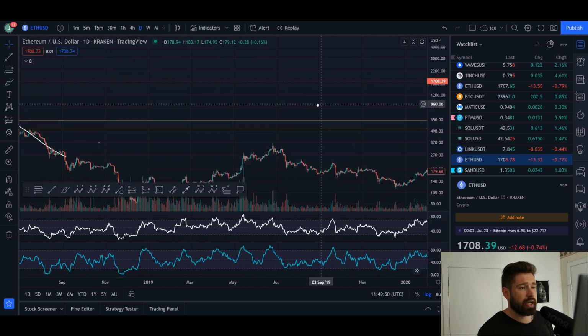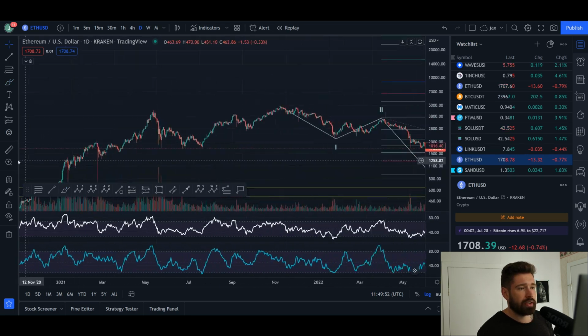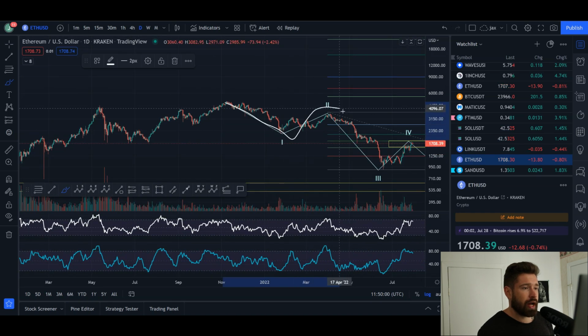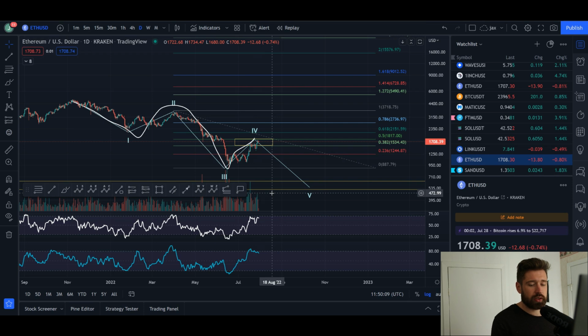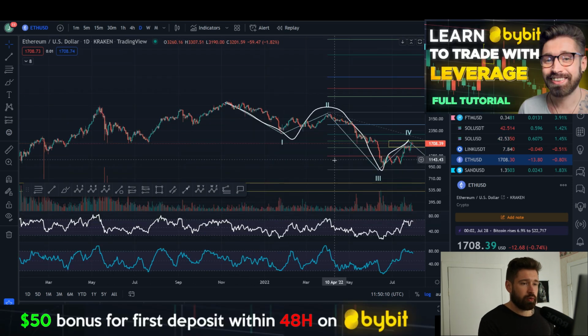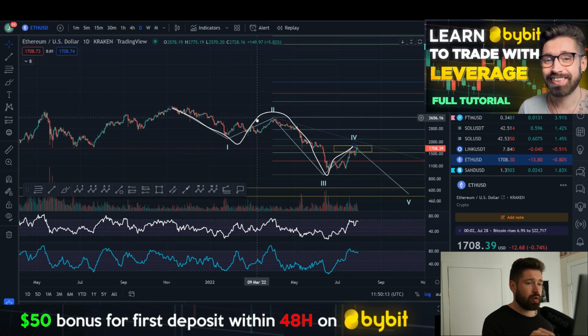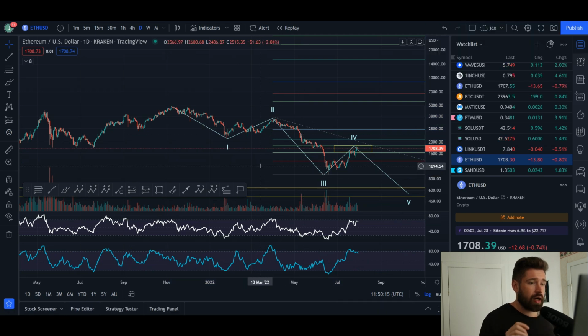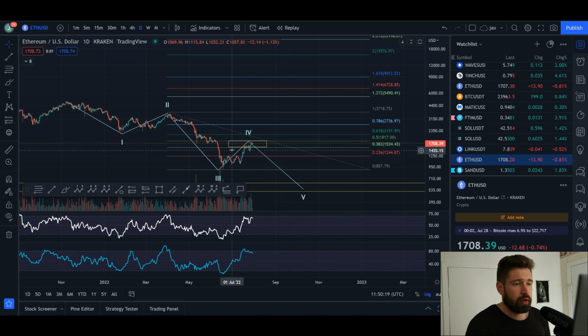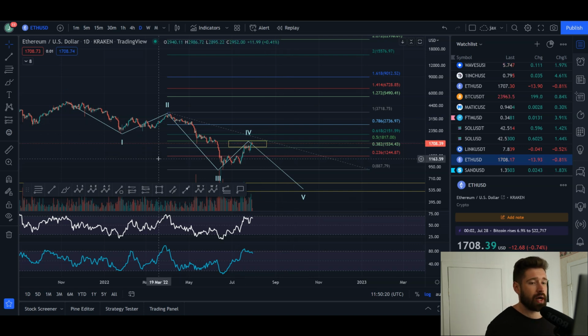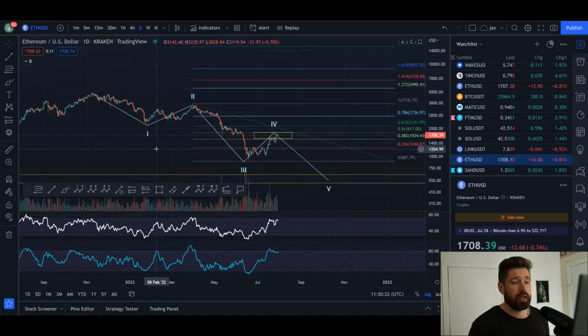So if we go to current date here and we look at the price action, we've come down, we've had a rally, we've come down once again. This is only our second rally in this bear market. So I think it's quite likely that this is a bear market rally and we will see continuation to the downside. But if we come all the way up and we break the golden ratio, which is currently coming in at about 2151, it would invalidate this as a wave 4 pullback,